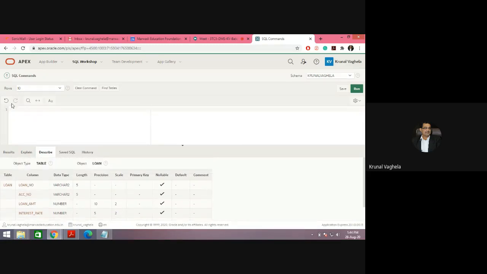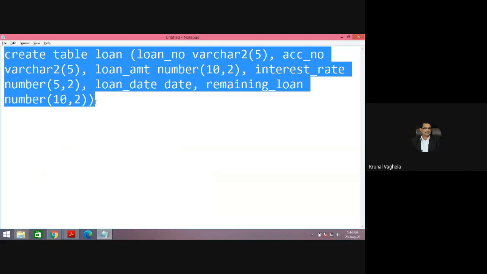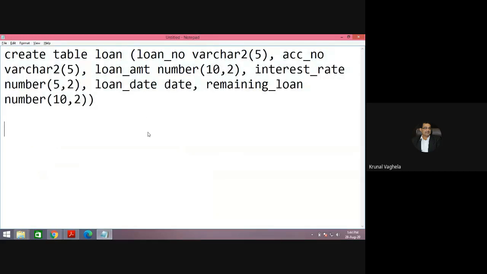Now let's insert the values. To insert: INSERT INTO loan VALUES. If the data type is char or varchar2 or date, you need to insert it using single quotes.